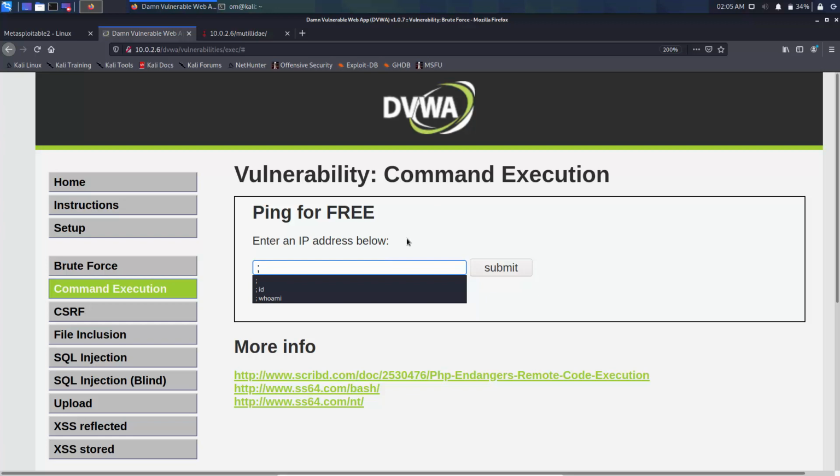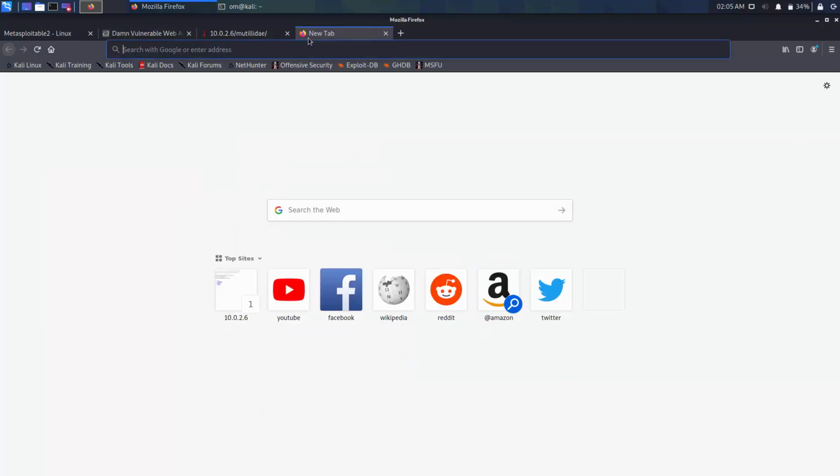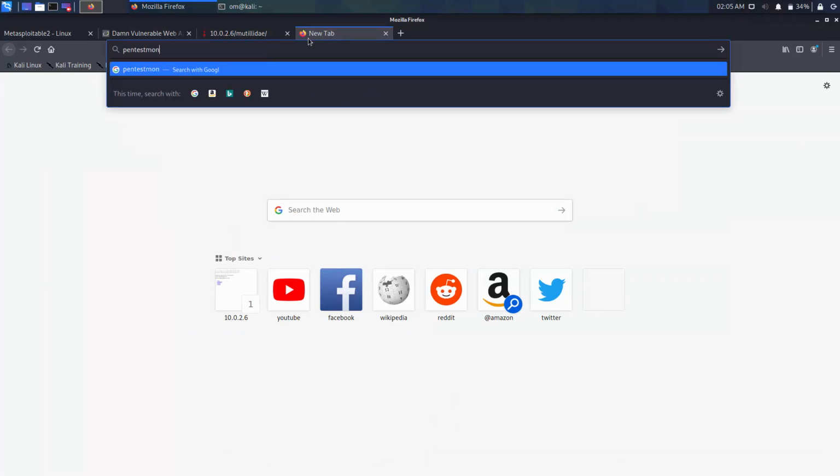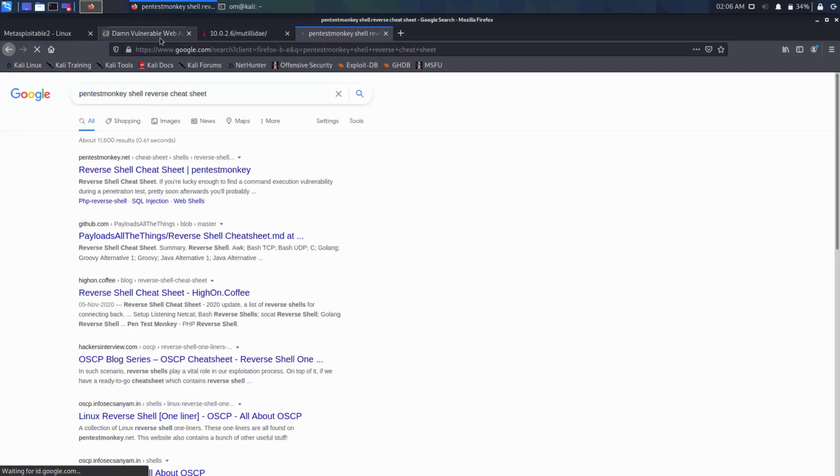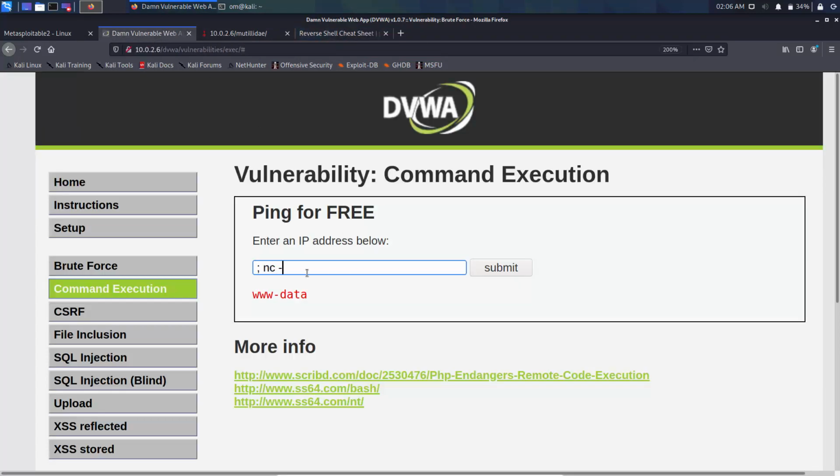So now we would like a reverse shell, please, because we cannot just simply type bash and get a shell, since this is on the remote machine. So what we do is use one of the commands from Pentest Monkey's reverse shell cheat sheet. We can either Google and bring it up, and copy and paste from there, or we can use some commands which we already used in the last video. So one of them was nc -e /bin/bash